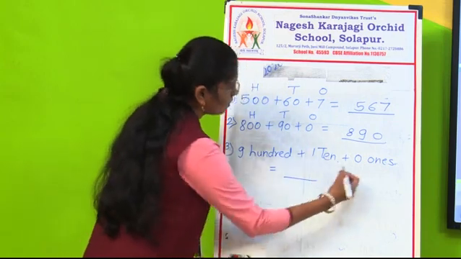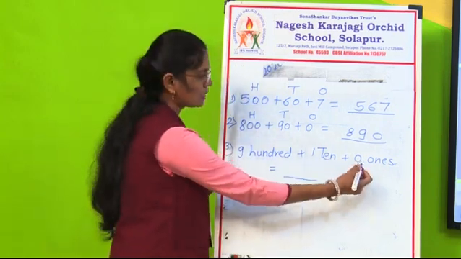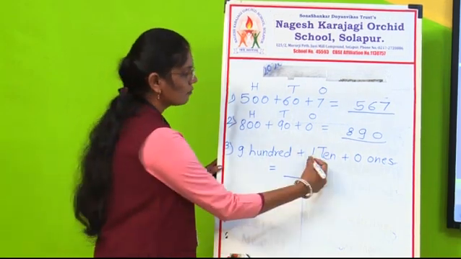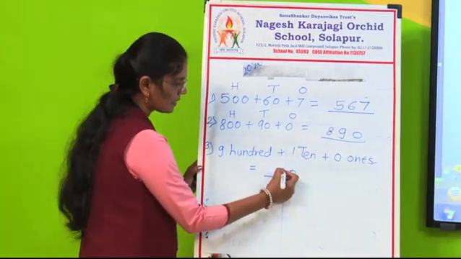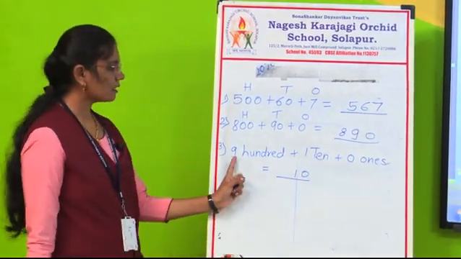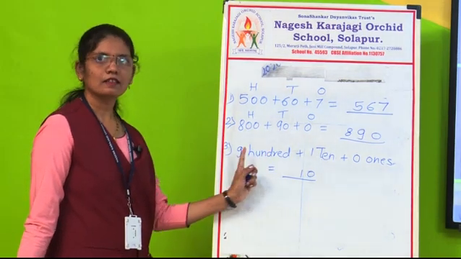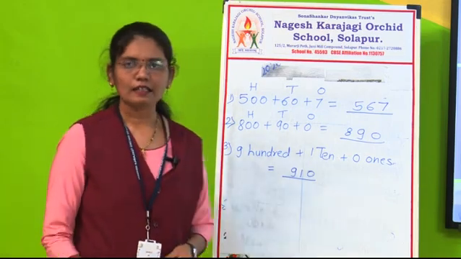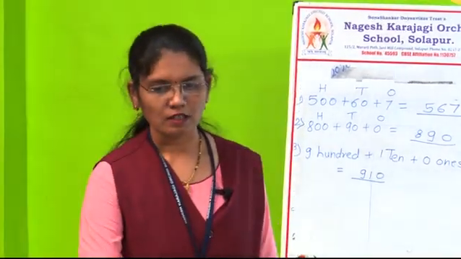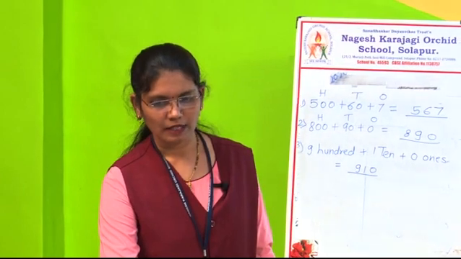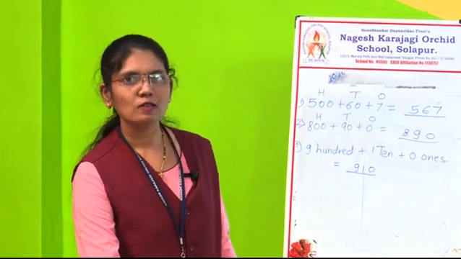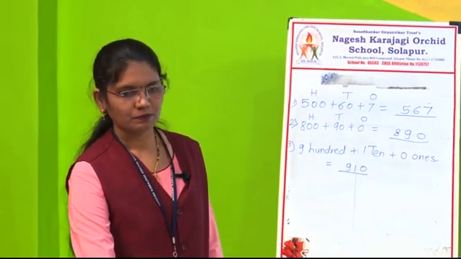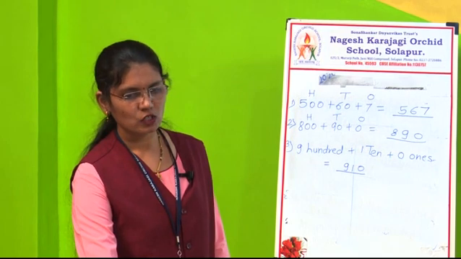We will write, always we have to start from the ones place. How many ones are there? 0. So we will put 0 at the ones place. Only 10 is there. So at tens place we will write 1. And at the hundreds place, how many hundreds are there? 9. So we will write here 9. So the number is 910. Understood? Okay. So again the remaining two examples, number 4 and 5, these two sums you have to solve in your notebook. Okay. Now let us move to the next question.